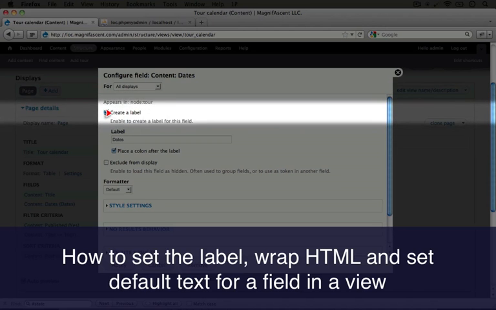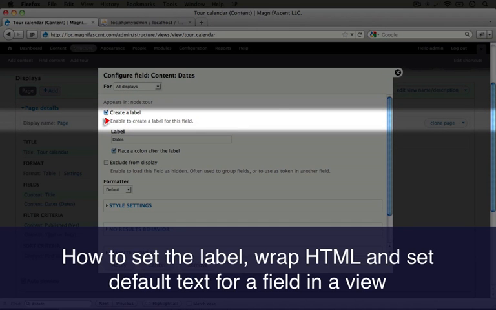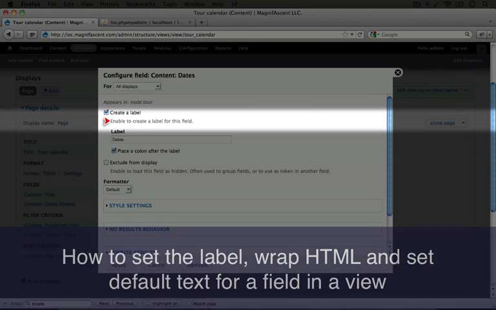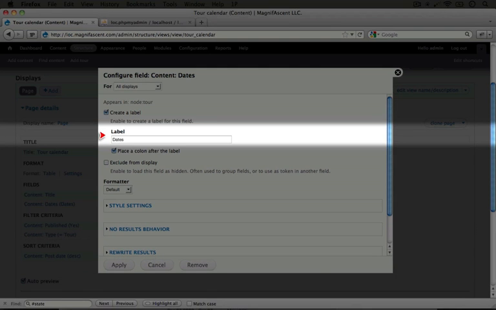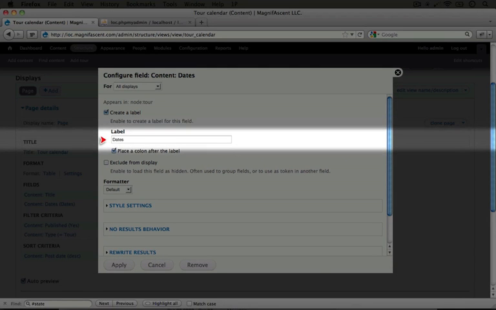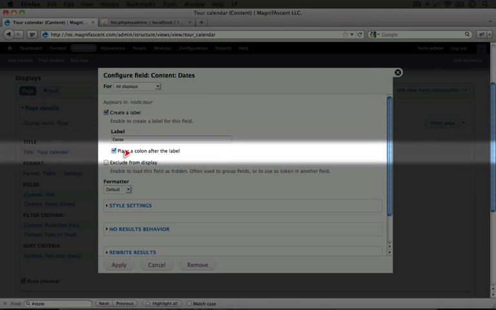This first says to create a label, and it says enable to create a label for this field. For the table type of view, this label will appear in the table header. And let's go ahead and leave this at dates. It says place a colon after the label. And you wouldn't know this by now, but this doesn't really impact the table header type label. This would impact a different type of view display where the label appears next to or above the content of